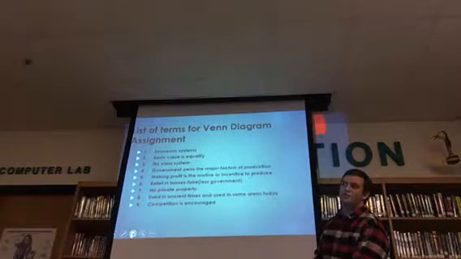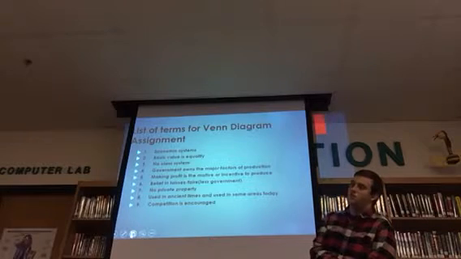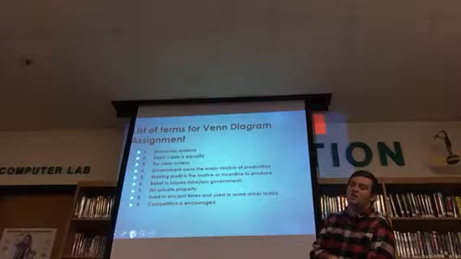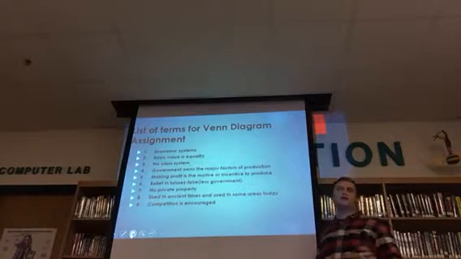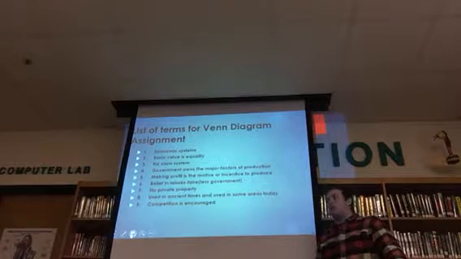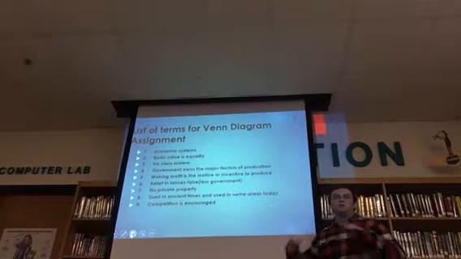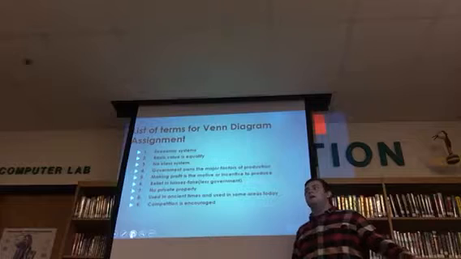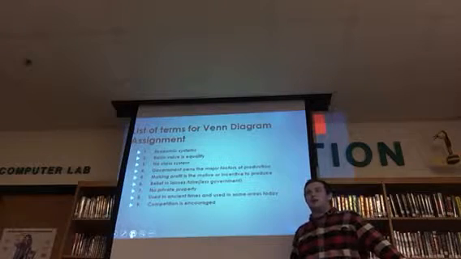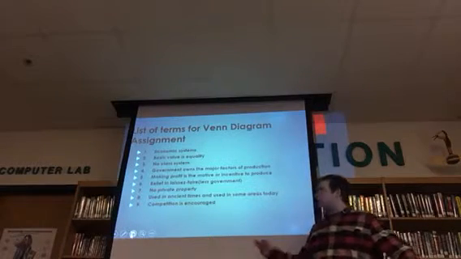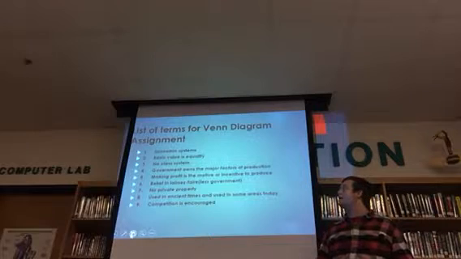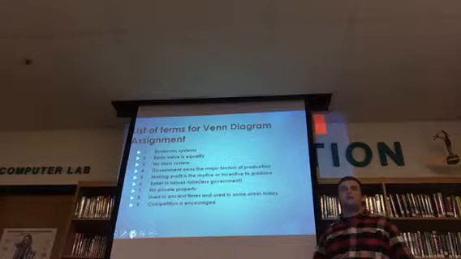The students will have a sheet with the Venn diagram where it will have three big circles: command, free market, and traditional. And they'll have the middle part, for if two of them have a similarity. I'll give the students about 10 minutes. We'll pretend that 10 minutes passes by. They'll have 10 minutes to go through the list. There's going to be these 9 and there's 9 more. And then we'll bring it back in the end.